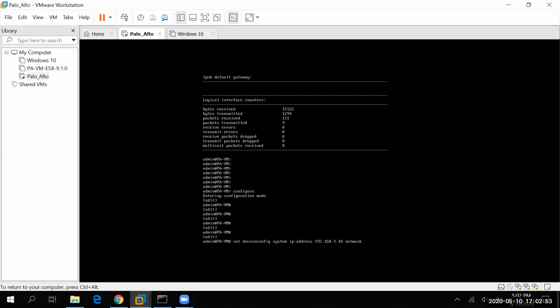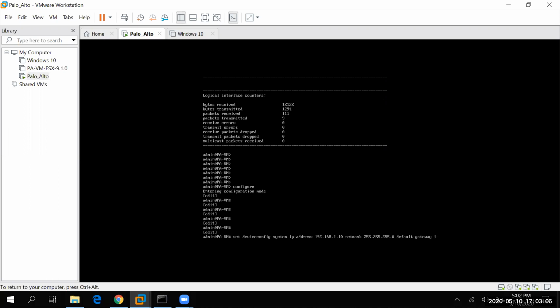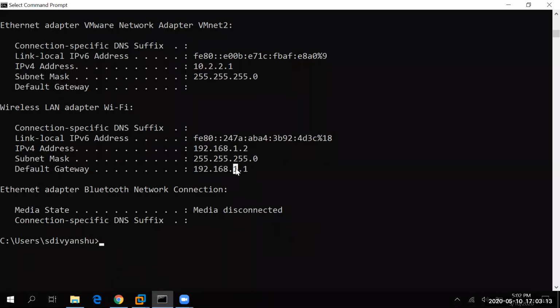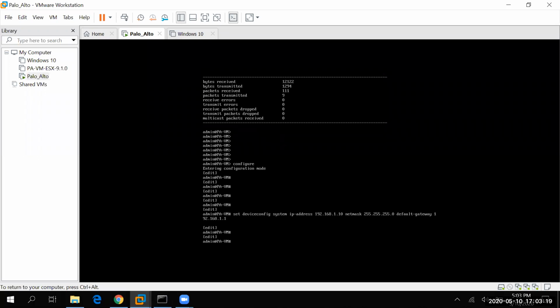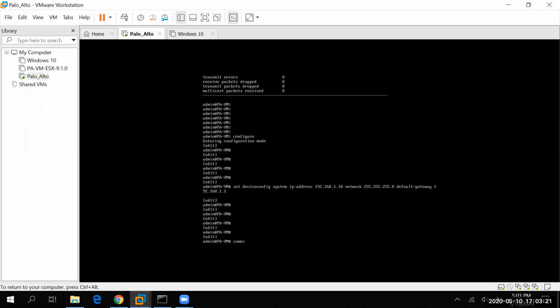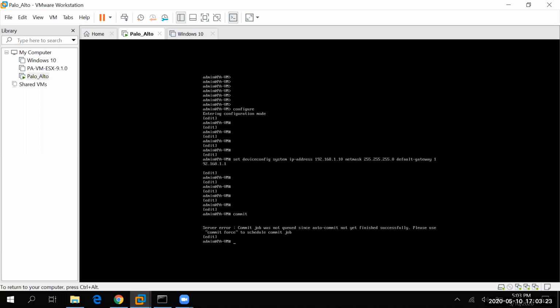Netmask 255.255.255.0, right? And the default gateway will be 192.168.1.1. Okay, it will be the same as what we are getting here, which my ISP is providing to me. Let me just type the command, enter, and then I'll enter commit.